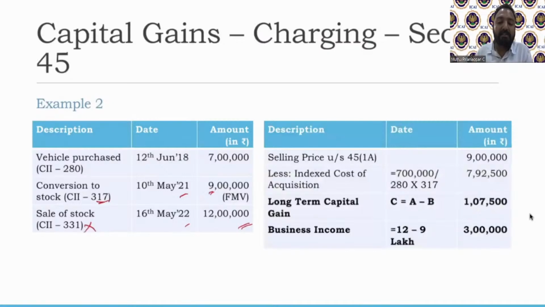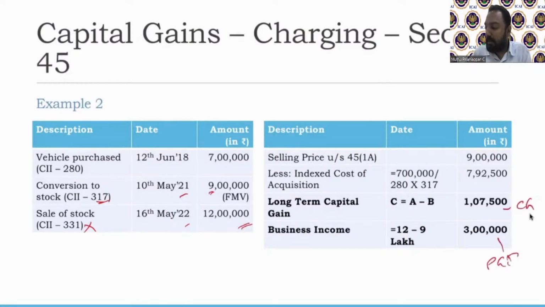So the selling price is this. You index it only based on 280 and 370 and not on whatever else. If some of you are having a doubt on indexation, please hold on. We'll cover it a little later. So now this is capital gain.